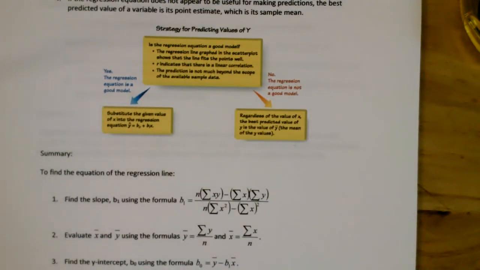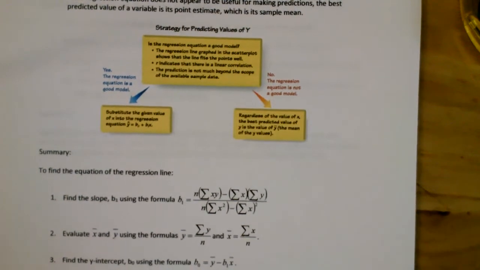So in this case, if that regression equation is not going to be a good model, then you have to take the average of your Y values in that raw data set. And that will give you the best predicted value of Y, regardless of what X is. All right, in summary,